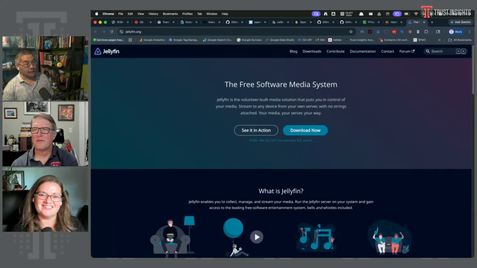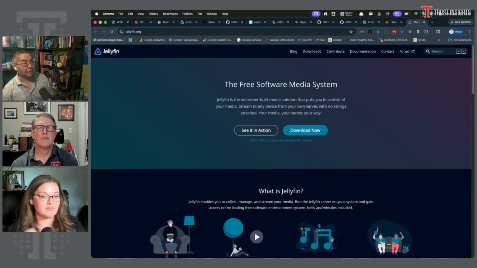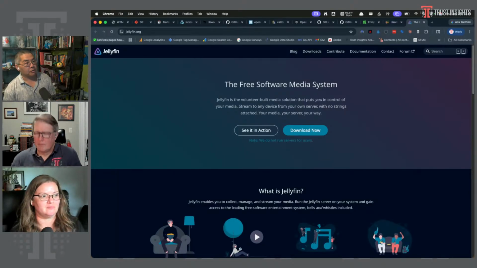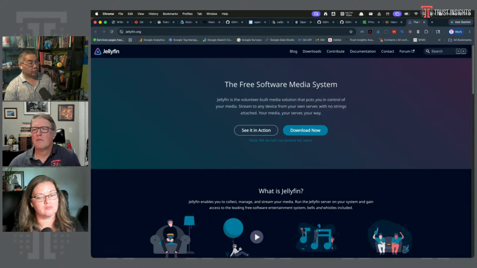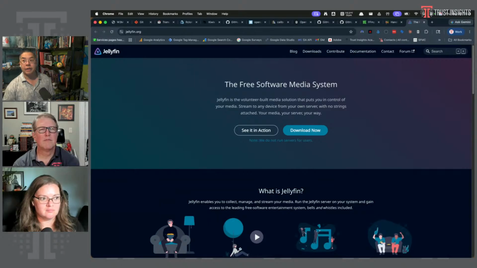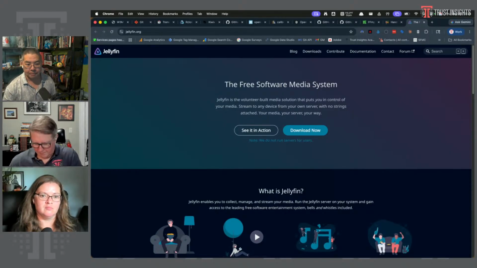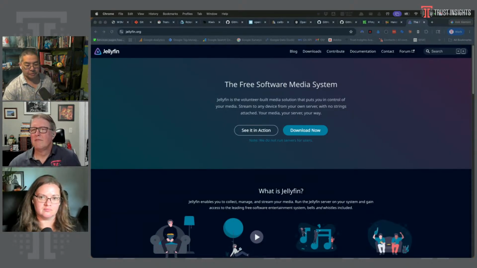If you want to play some of that media that you've then ripped, Jellyfin is probably the single best local network tool that will serve up your content from your data hoard in video, audio, and image format. It's completely local, totally open source. It works over Tailscale even. So if you were to set up a Tailnet with your local media server, when you're on the road, you can still access your local home server that way without opening up holes in your internet firewall, which is super cool. Free and open source.